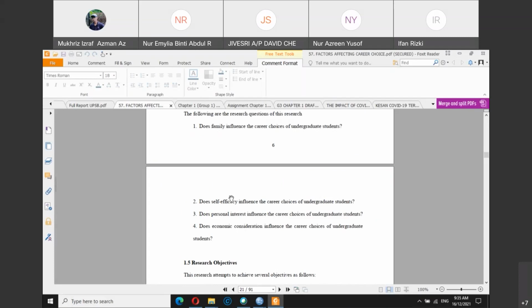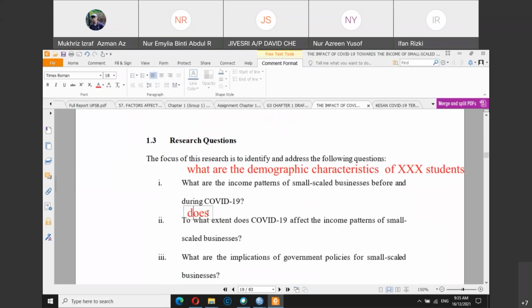Okay, so that's why I need to refer also to past studies, so that whatever language or sentence structure you want to have in your research question must be based on previous study, so that you don't create research questions which are confusing and incorrect. Okay, in terms of the language style, we start with the word "does". So here: does personal income influence career choice? So what I want each group to have, if possible, is "does gender differences